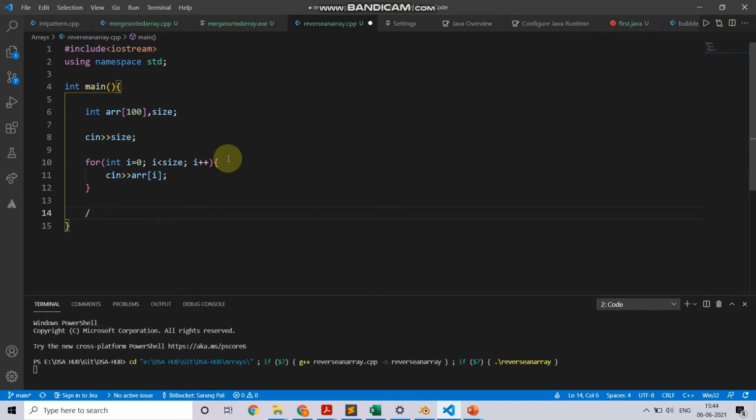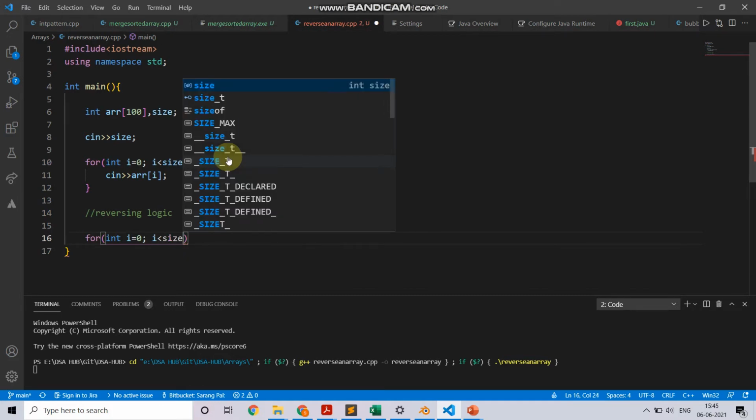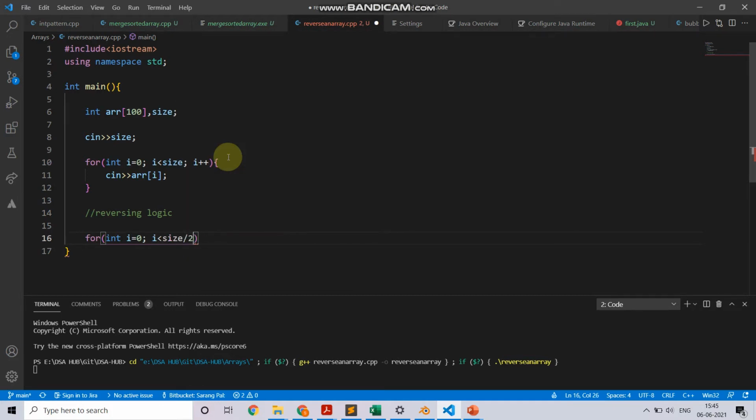So far we have scanned the elements into an array. Now let's start with the reversing logic. Alright, let's fire a loop which will start from the 0th index and run till size by 2.